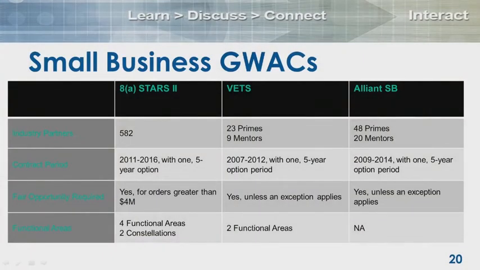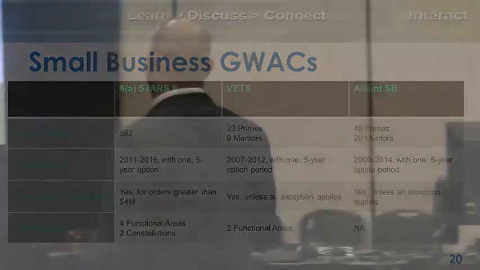So now that we've talked about kind of what GWACs are and I've thrown the name out to you, I want to let you know this slide isn't very good for presenting. But I put this slide in here for when you guys get this next week. Next week, Joaquin, they'll get the presentation. So when you guys get this next week, it's a great slide just to sit down and kind of look at GWACs side by side, the small business ones, okay? I'll go through it since I have it up here on the screen. But the first row, and Joaquin tells me I don't have a pointer, but it's kind of hard to read, but the first row says industry partners.